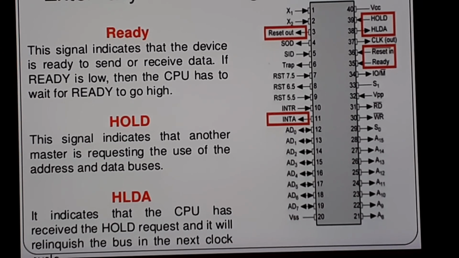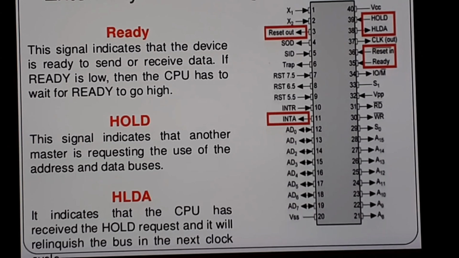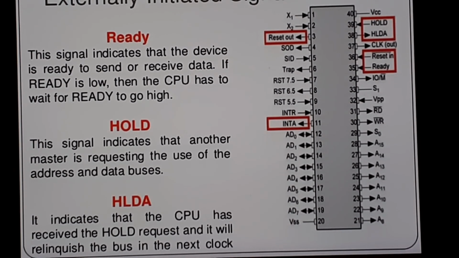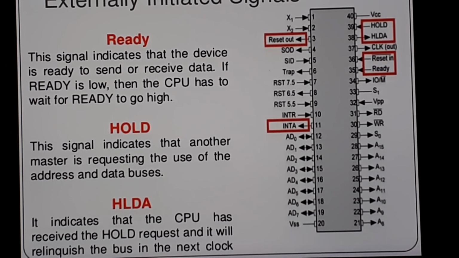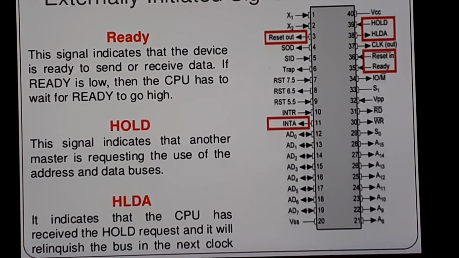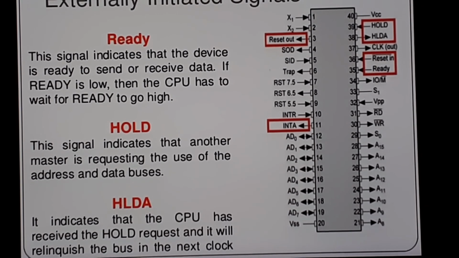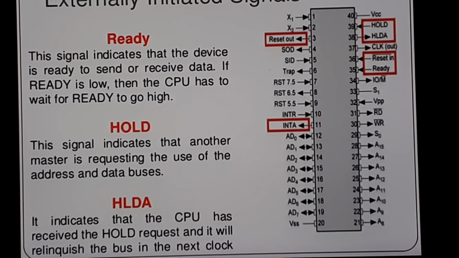HLDA and hold do the same job. If you want to take two points, I'll say you note them for hold and HLDA both. For hold, if the hold request has been received by the microprocessor, that means it will stop, since another device has requested the use of the data and address bus. And the second point you can say is that the microprocessor will regain the bus after removal of the hold request. That means once this signal has been removed, the microprocessor will continue execution of its instruction, or whatever it was executing currently.